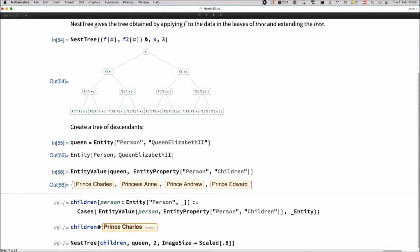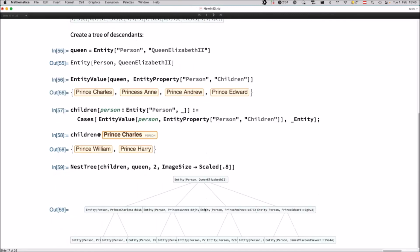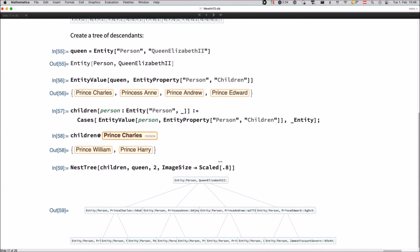And using this entity framework, we can now create a children function. This children function will, given an entity, look up the children of this person and then filter all the persons which are entities themselves. And we can then apply this function to Prince Charles and see that his 2 children are Prince William and Prince Harry. And using the nest tree function, we can simply apply the children function to the queen and do this up to her grandchildren, and we get, sorry,